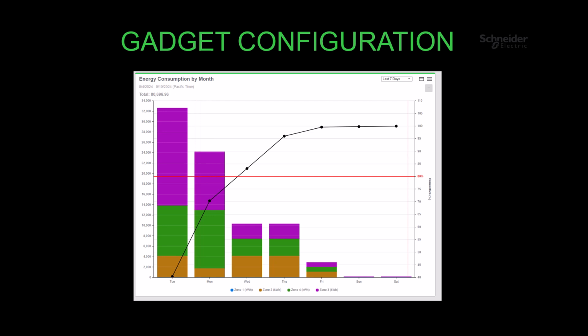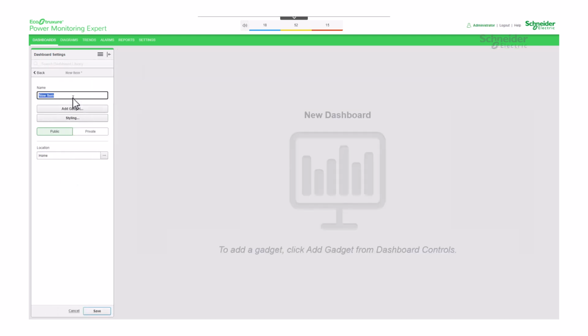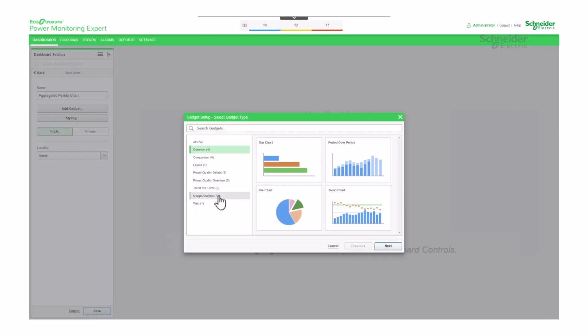To grasp this concept, let's create a gadget. The configuration steps for the aggregated Pareto chart are nearly identical to those for the Pareto chart, with the only distinction arising when you are prompted to specify the viewing period.